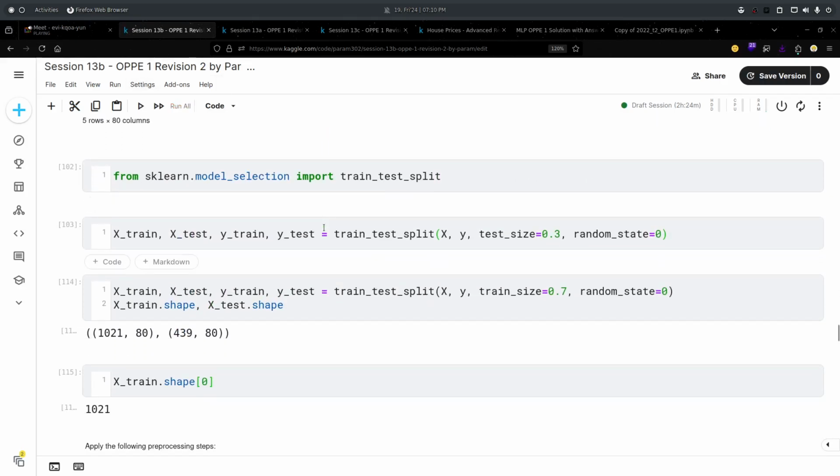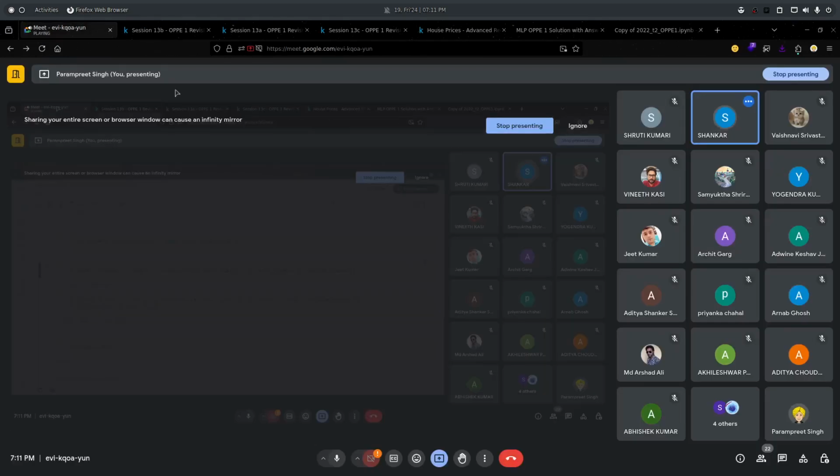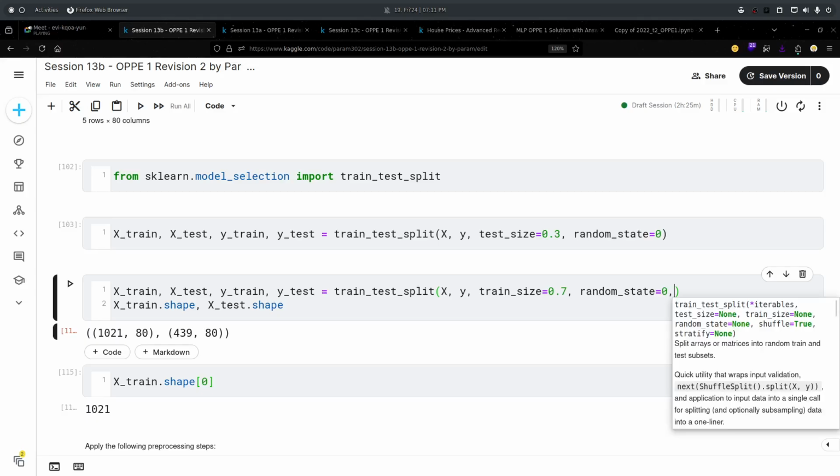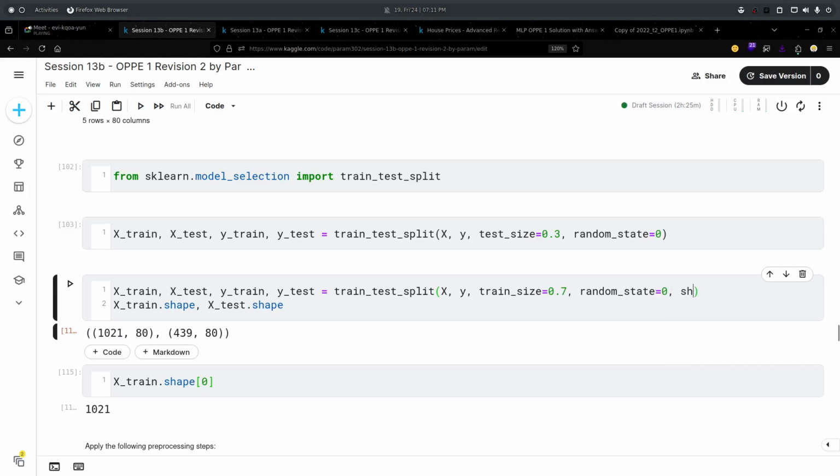Yes. You have mentioned random state 0 in your code, right? On my system I am running with 0, but I am getting different IDs. The IDs will be the same numbers, but they will be shuffled. By default shuffle is true, if I'm not wrong. If we set shuffle to false, then obviously we will get different values.